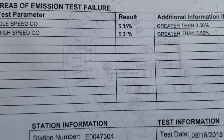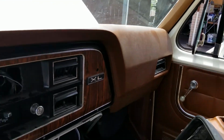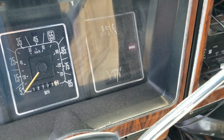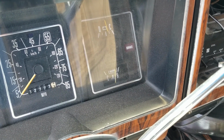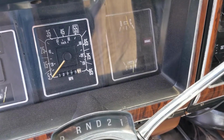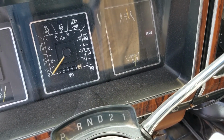So when they pulled it out of the bay over there, backed it out, it has since cooled down, but that was way past the big line, past the H for the longest time. So they got it red hot as they tested it. So I back out, and then it stalls here, so I gotta sit here and let it cool down. But the guy that did the testing, he came by maybe 15 minutes after I've been sitting here,